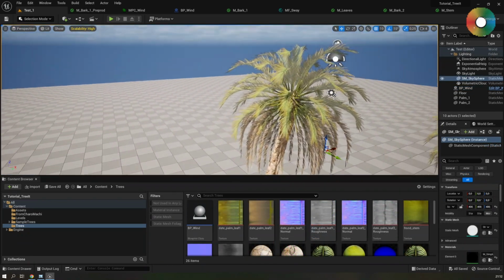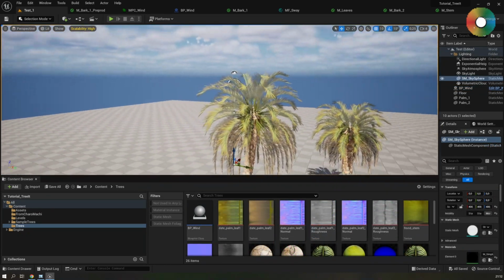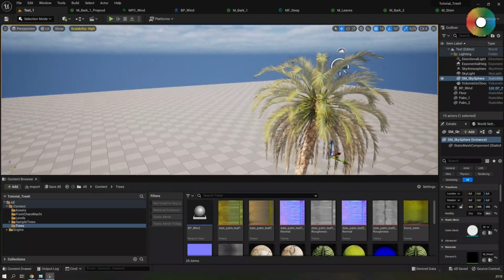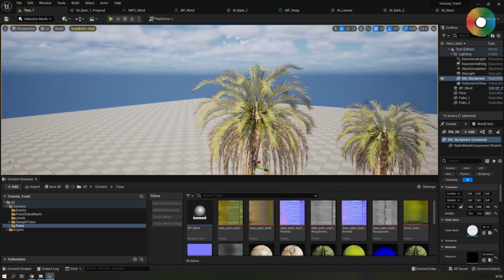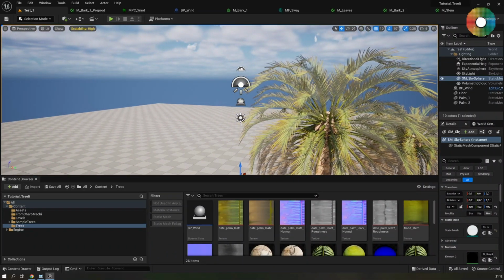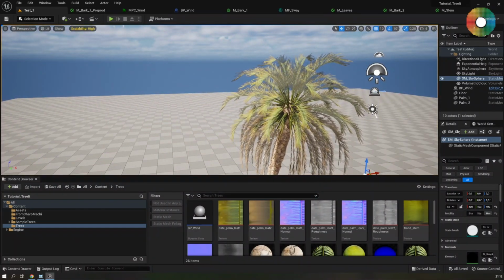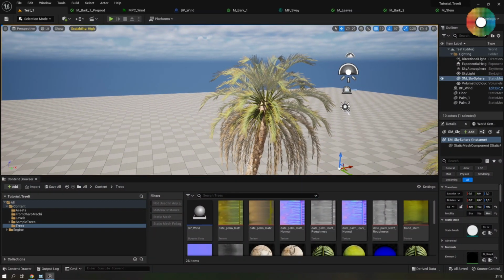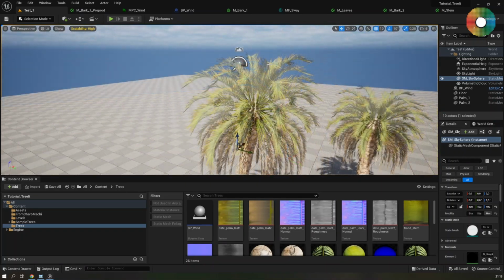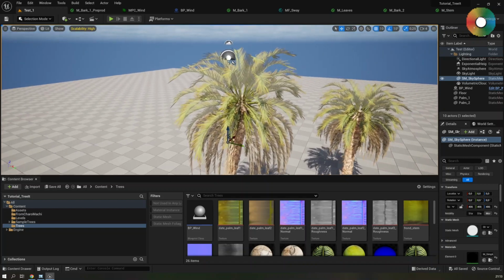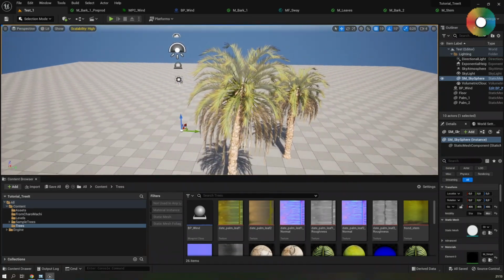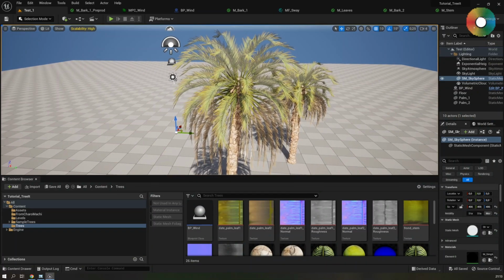So the leaves are still looking a bit boring. To add a much more interesting motion to them, and some fluttering as well, I will use the vertex colors. Vertex colors are normally used to derive these kinds of effects, and it works really well. TreeIt has already exported the trees with really great vertex colors, and we can look at them by using this